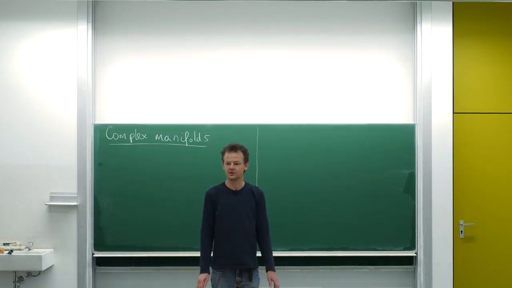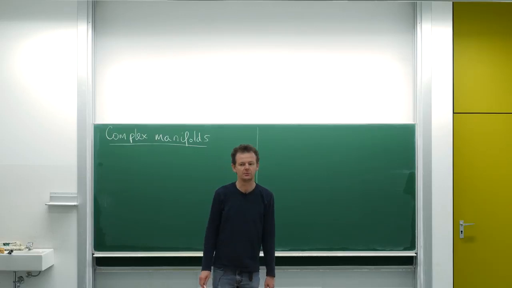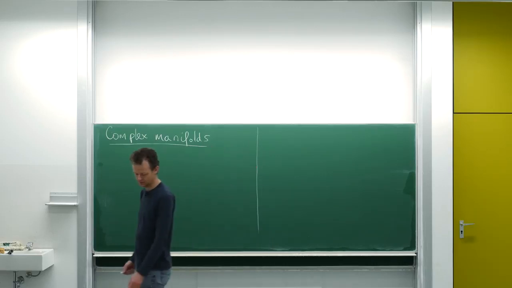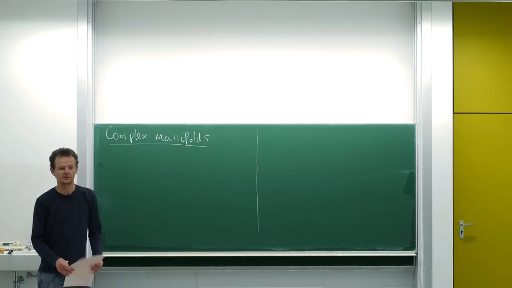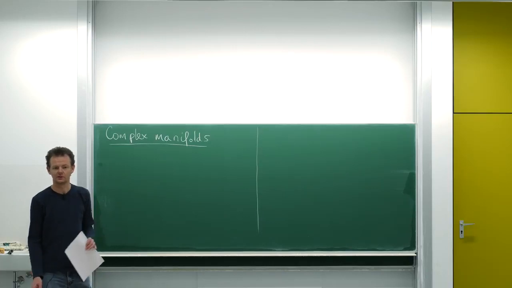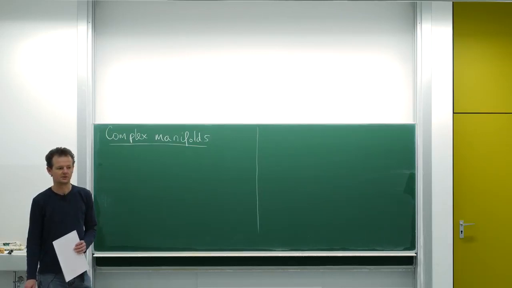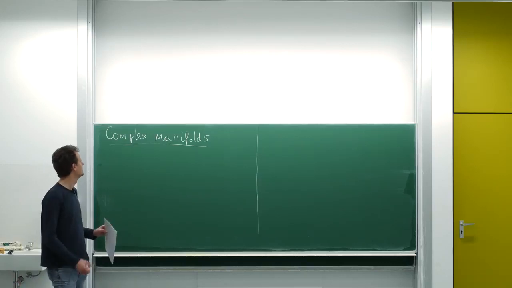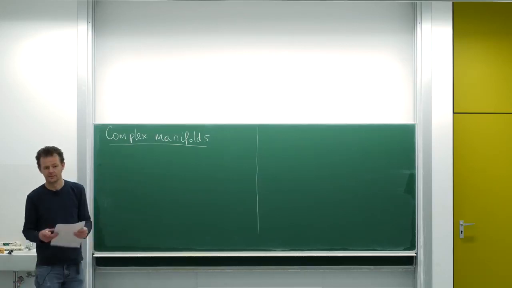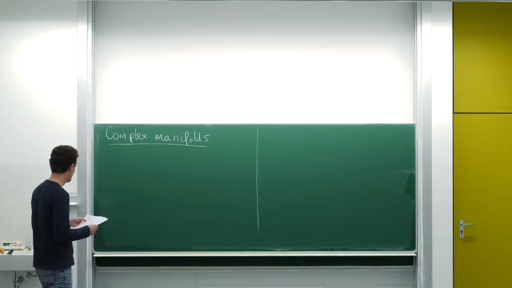Today we commence the last topic for this course, namely complex manifolds. As we'll see, complex manifolds are closely related to symplectic manifolds. And the final example that we'll cover in this course, namely quantum mechanics, of the dynamics of the Schrödinger equation on Hilbert space, will have something to do with complex manifolds, as we'll see. Now,